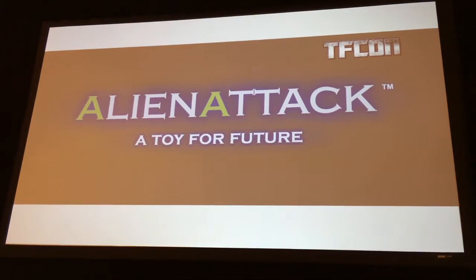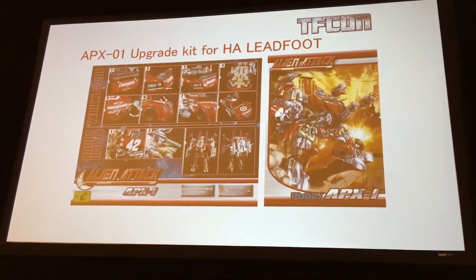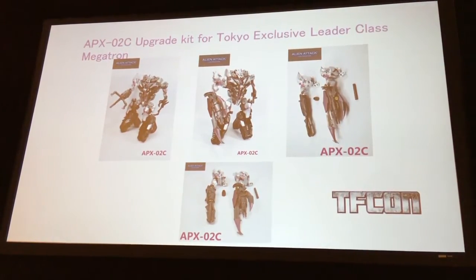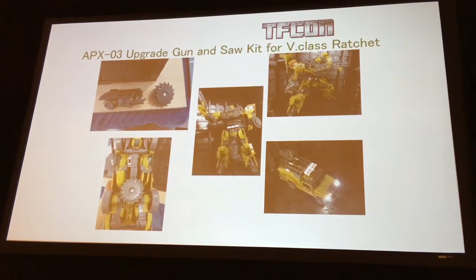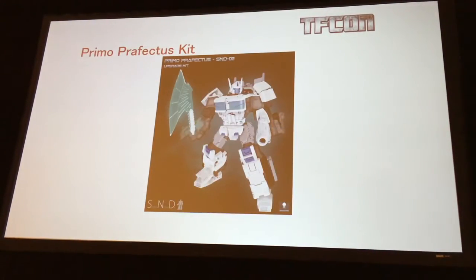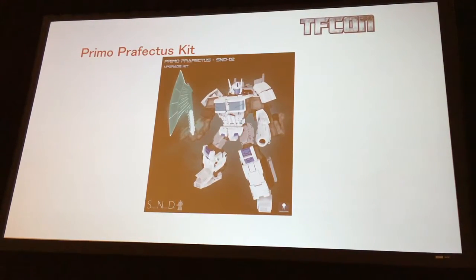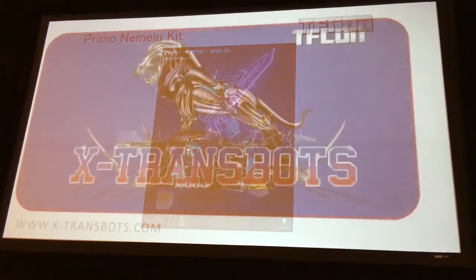Alien Attack, these were upgrade kits for some of the older movie toys. It's still coming out. I know a lot of people were looking forward to this, even for the movie Megatron. Better arms. Even an upgrade kit for Ratchet. The Primo Vitalis kit. This kit is really nice. It takes a little bit of effort. Yeah, you have to knock some pins out. It's a little more involved, but it looks really, really good once it's on there. And you'll be able to see that kit in